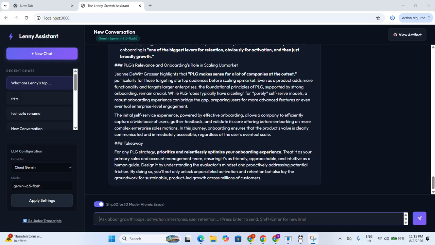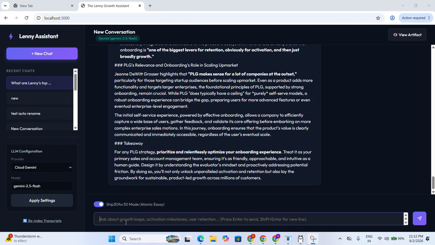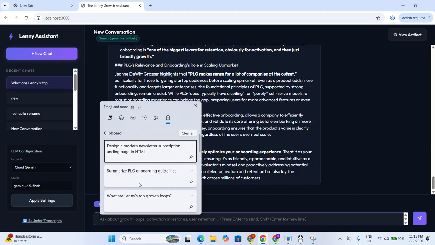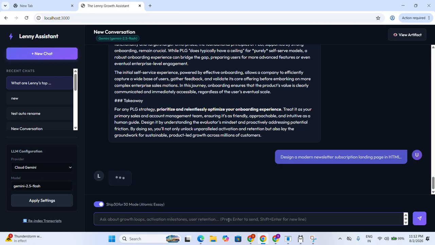And then finally, we can move on to the artifact viewer UI. For that, the question would be like design a modern newsletter subscription handling page in the HTML. And then here, when I ask the assistant to generate the code, like design a modern newsletter subscription landing page in HTML,